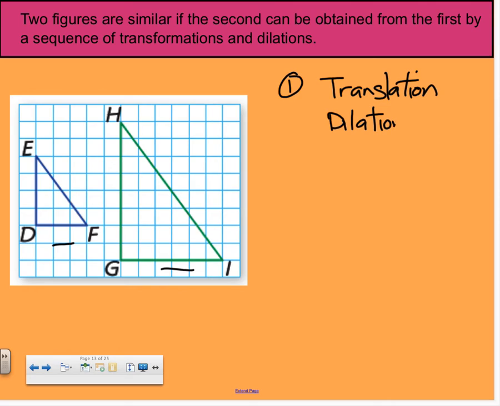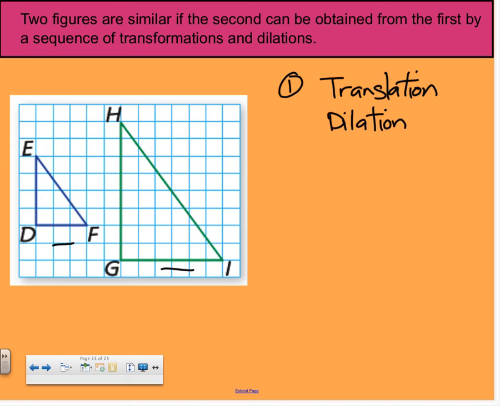Now, the other important thing we have to look at is, is this a proper dilation? Did all of the sides grow larger or smaller proportionally? Did they all grow in the same amount? So what we're going to do is use a proportion to double check the lengths of all the sides. Now, we've got two different triangles in this situation, and we really have to be very careful to